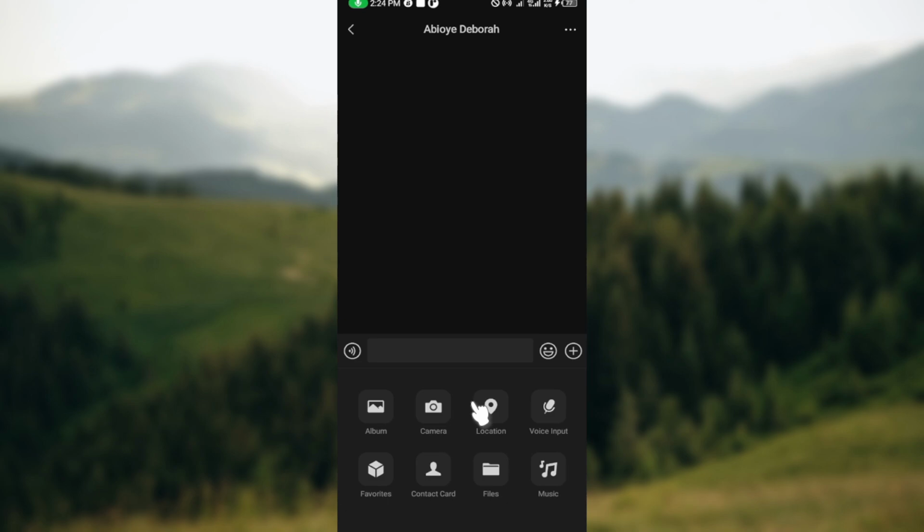Once connected, you can see and hear each other in real time. The same thing applies for audio calls as well. So feel free to share special moments or collaborate seamlessly. But this is how you can